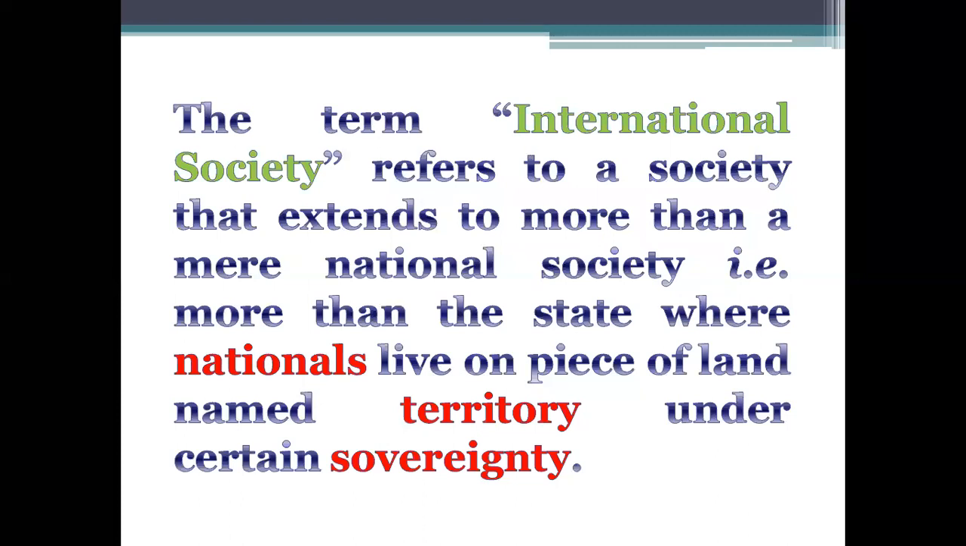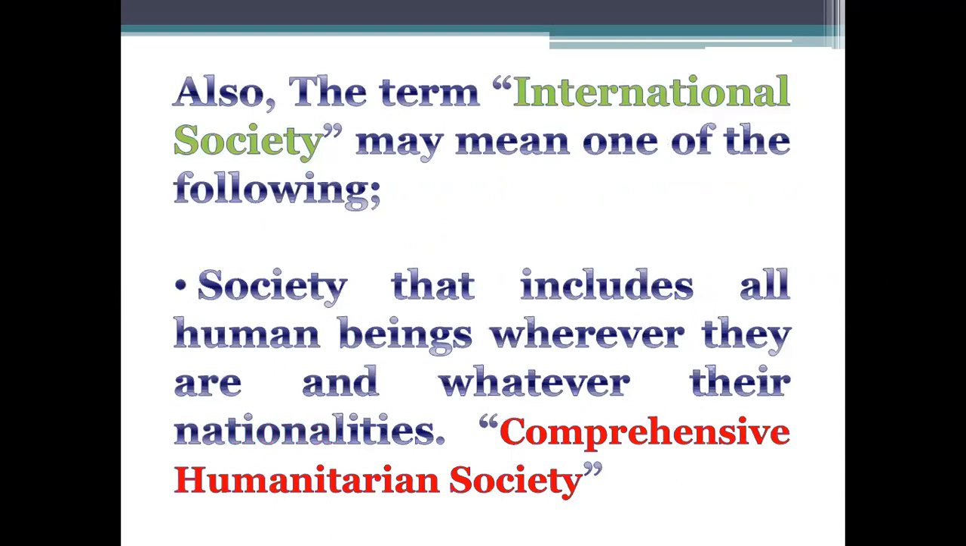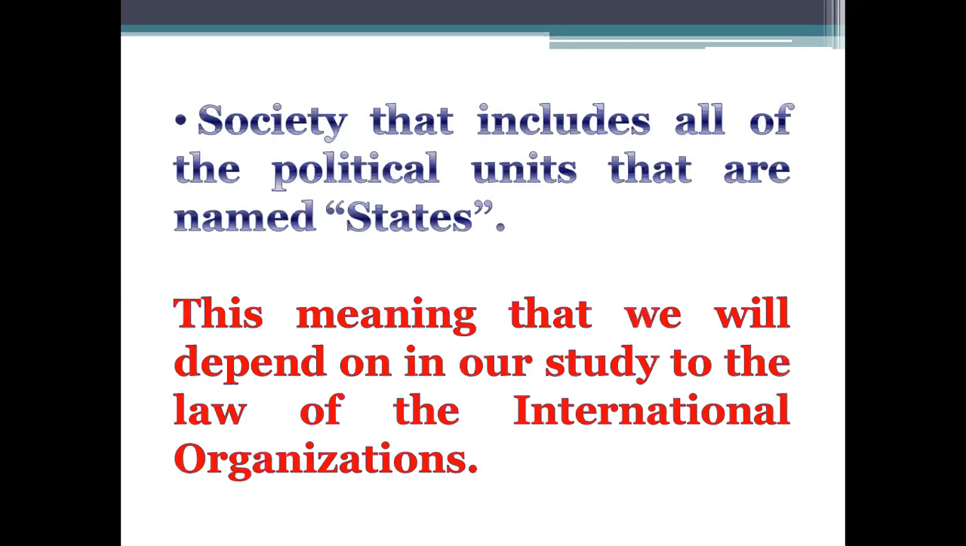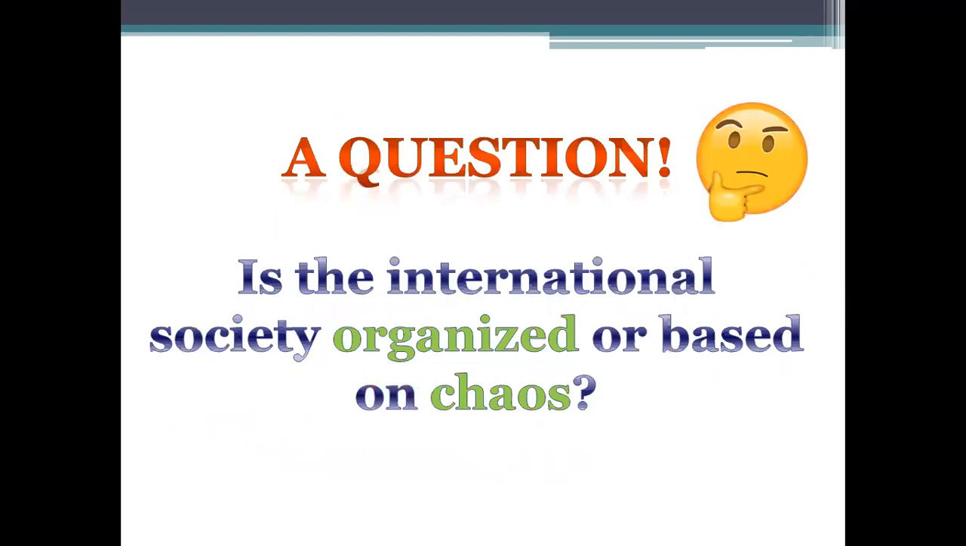We have mentioned that there is the international society in the meaning of the international organizations course, which is the society which includes the political units or the political entities that are named states, and the comprehensive humanitarian society. After that, we have